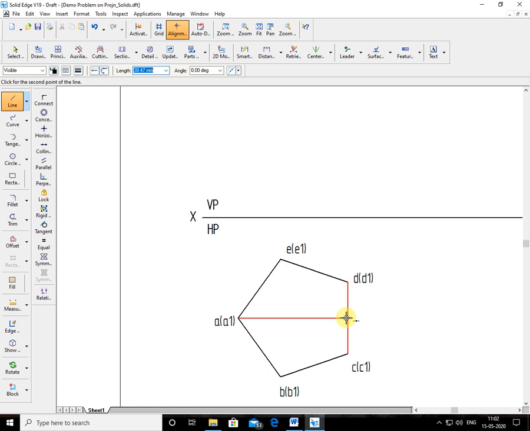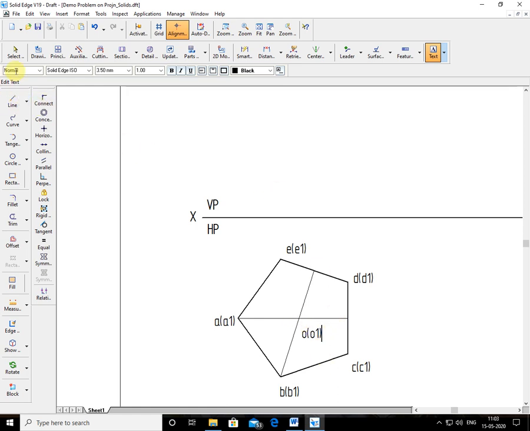This is one bisector. I draw another bisector. Say take corner B, B1 or corner E, E1, anyone you take. I draw another bisector to the opposite midpoint. So the intersection of these two will become the axis point. This is the axis point. You can see it with my cursor here. Now I'll name this axis as O in bracket O1. O in bracket O1. Right?